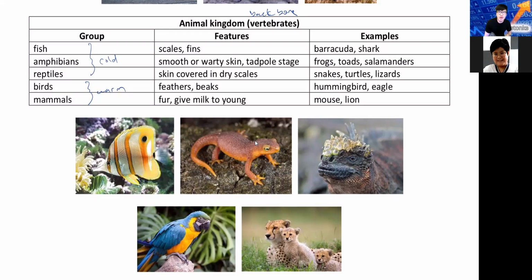Have you been to a bird park before, guys? If you are free, don't go to the zoo. Malaysia Zoo sucks. The KL Zoo sucks. If you really want to see animals, go to the bird park. It's nearby the Taman Perdana there. Our Malaysian Parliament, KL Parliament. It's in the city center. It's the bird park. It's not very cheap, 40 something per person, but inside you will find all kinds of